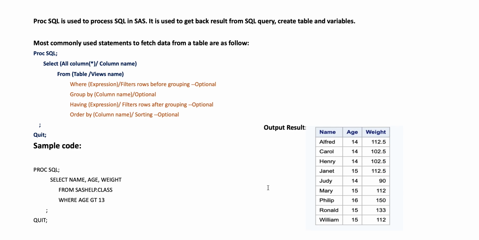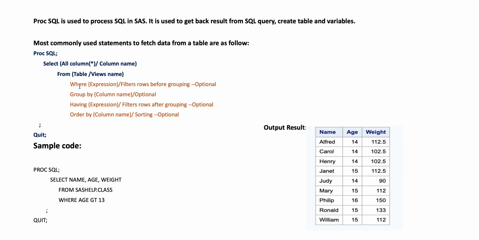Most commonly used statements to fetch data from a table are as follows. Proc SQL select. If you have to select all columns, then just provide a star. If you have to select a certain number of columns, then provide the names of the columns separated by commas. From where you are trying to fetch data, that means you have to provide the table name, and the following four are